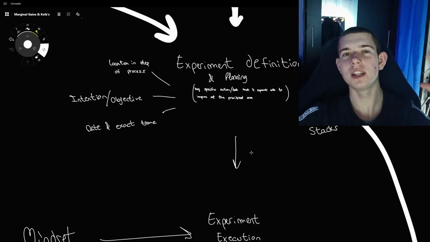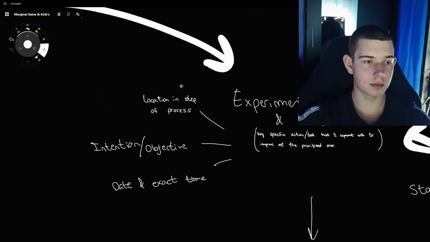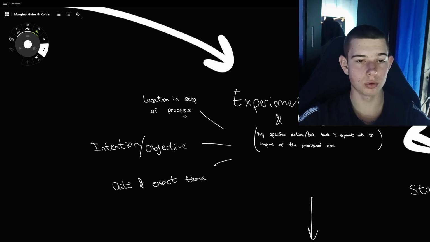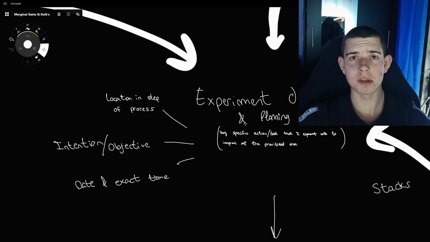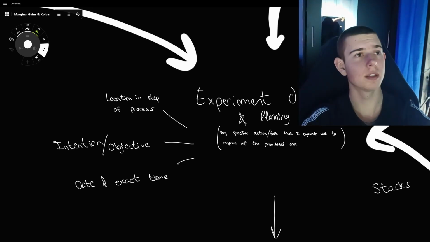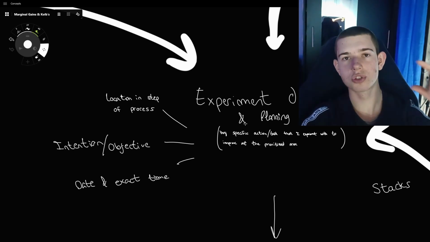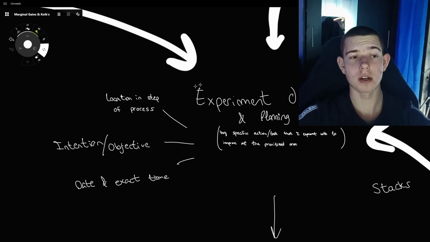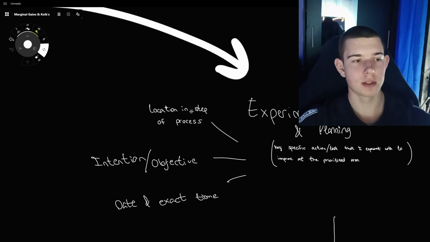Now the experiment has to be really focused, clear and directional. So here I'm going to define it and plan it. I'm going to put where exactly it sits in the process. In this example, if I'm trying to be more direct in YouTube, I can set an experiment to be more direct in a certain part of the YouTube video. For example, in this part, I could set an experiment to avoid using filler words and to go straight to the point. The location would be this part of the video, the part where I'm explaining what I did today.